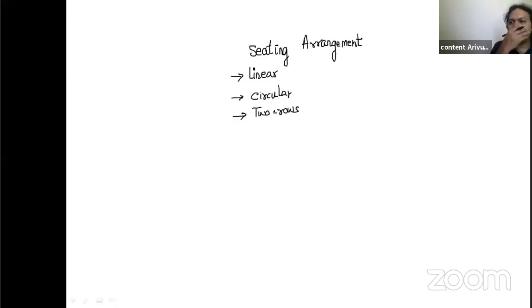Now, if you look at the previous ICAI mock papers, because the actual paper is not available on the website, you will normally find that questions from linear and two rows come in the examination. Circular, there are not many questions that I've seen. Almost all of the papers had linear and two rows. Now, 4 questions will come from this chapter, almost guaranteed, fixed in the examination. There will be 4 questions from the chapter of seating arrangement.